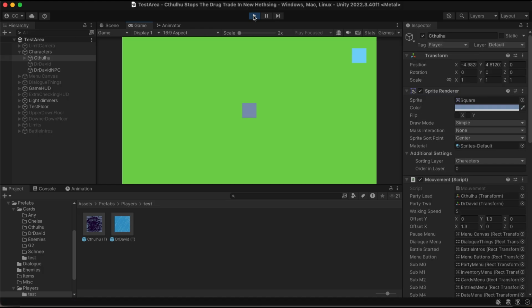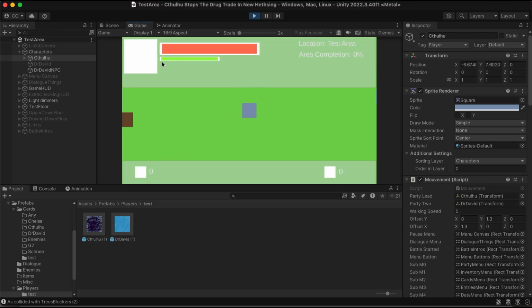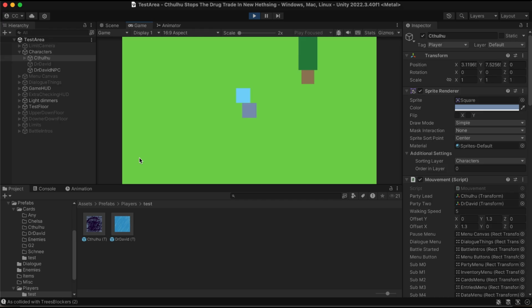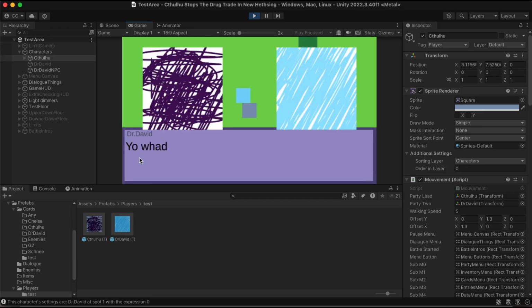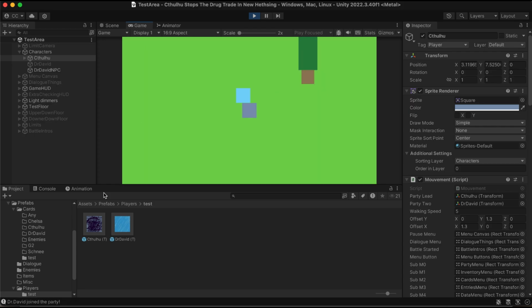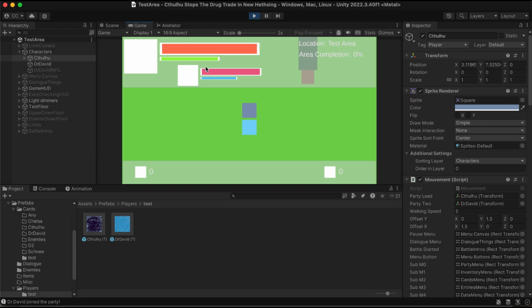So, you start as Cthulhu alone. If you wait, there's only one bar. The P menu only has one thing. And if I go talk to Dr. David, dialogue, and you can see the second HUD picture is there,